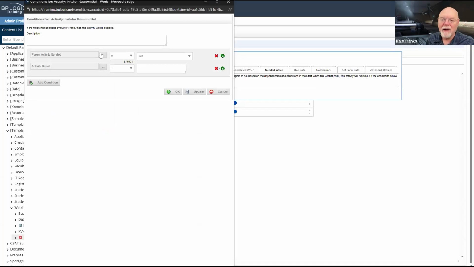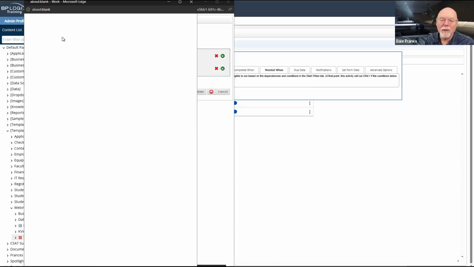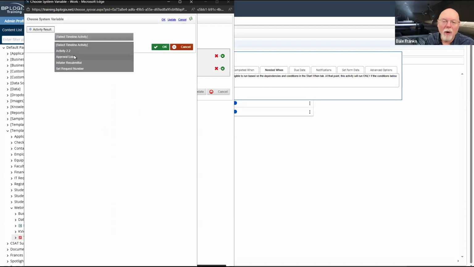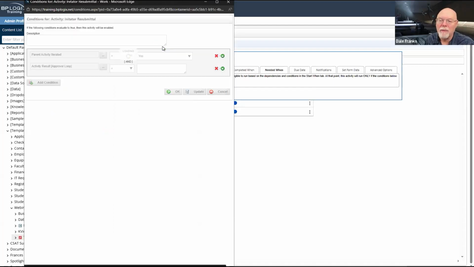And so parent activity iterated is yes, and the activity result for approval loop contains resubmit. So the way that parent activities get a value, a result, is the result of a parent activity is always the result of the most recent child activity.